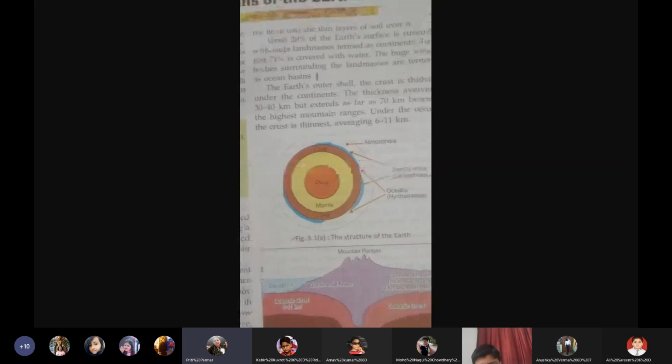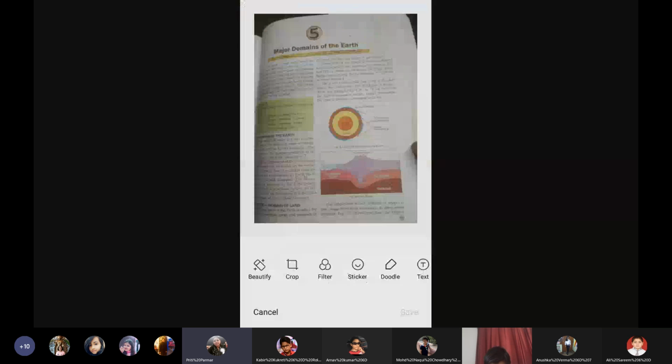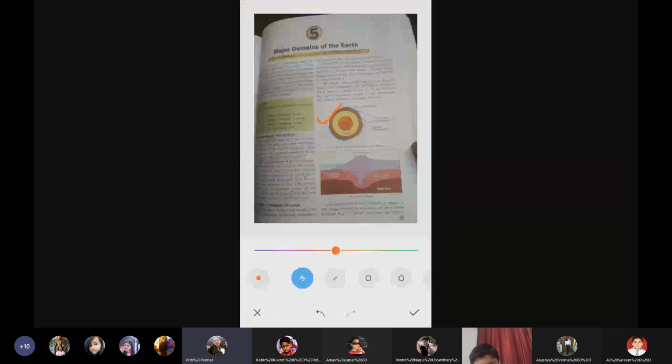This first diagram, as I told you, we want this to be done. You remember? I want this diagram as well as this diagram. Okay. Now, coming on to this,